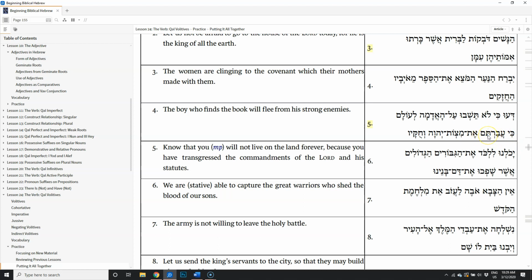So avar here, this is just a Qal perfect, 2MP. Avar, I think, is to pass by, pass over, pass through, or transgress. When you transgress a boundary, that means you go over. So avar does mean to go over, to go beyond, to go by, to pass around. But when it's a mitzvot,